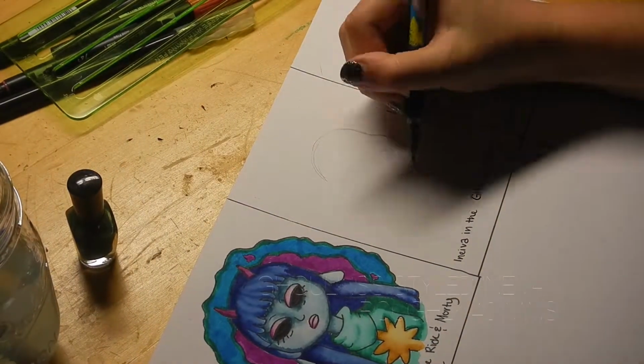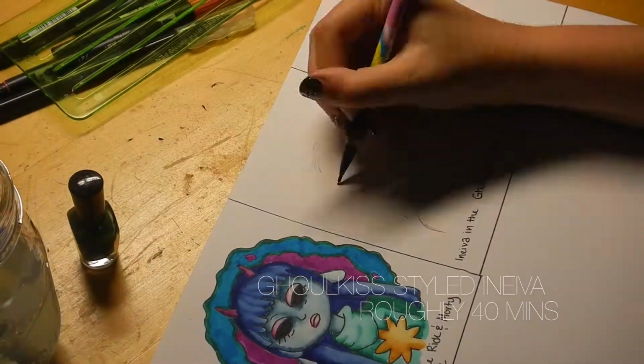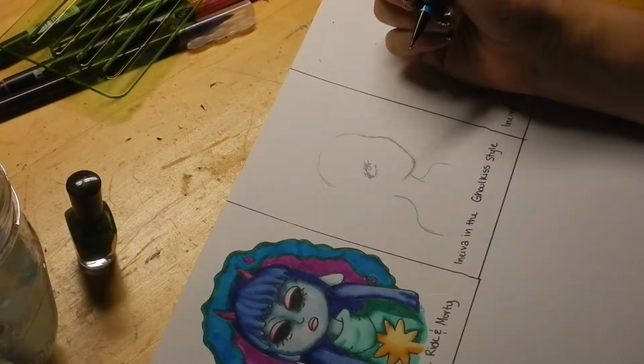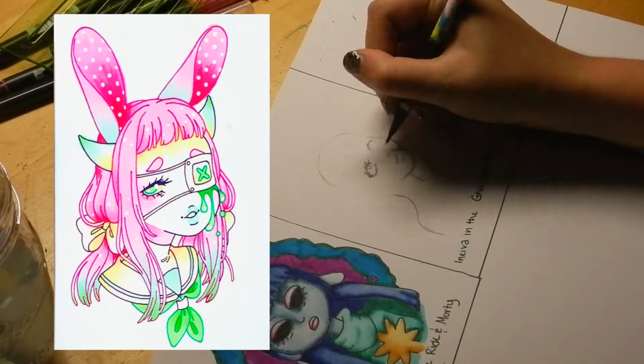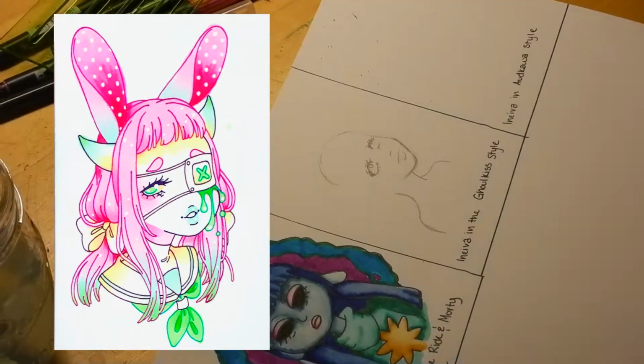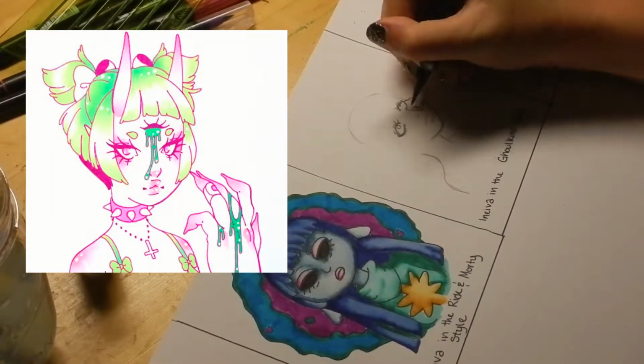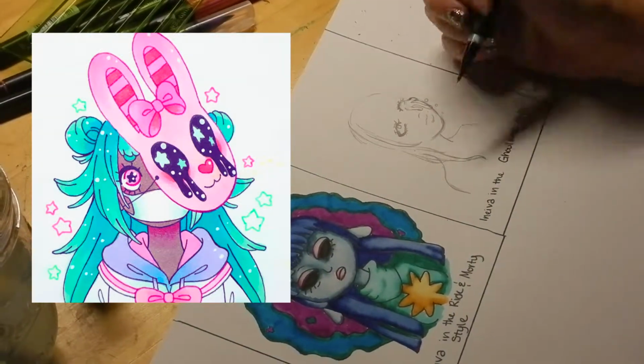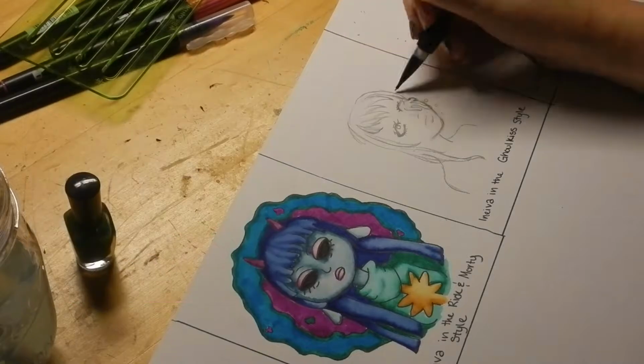Moving on to the next style that I am mimicking is a Ghoulkiss style, and here again I'm going to show you a few images of her work that I worked off of to try and create this. I gave her a gooey eye because that's really common in her artwork, and she does more monster type characters,